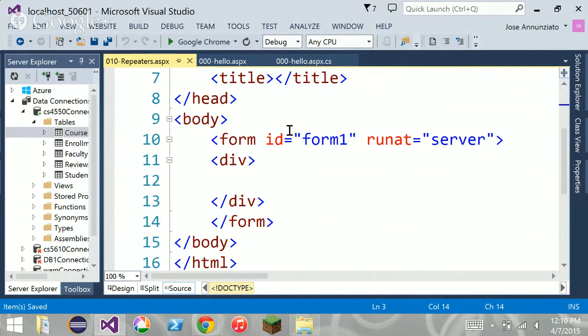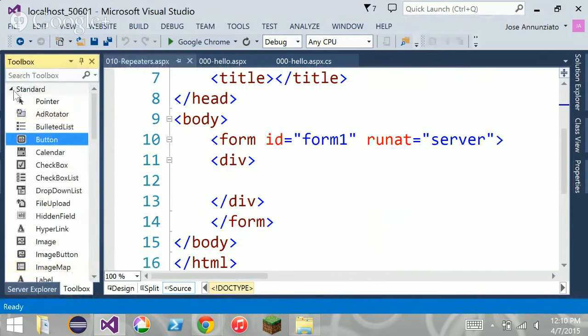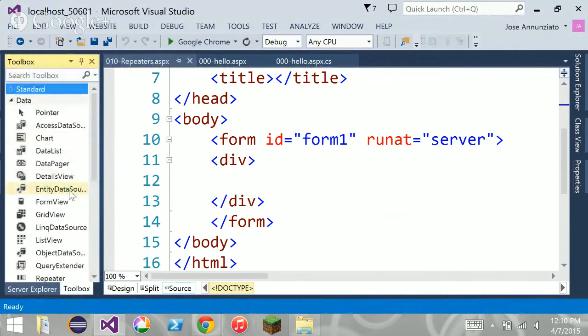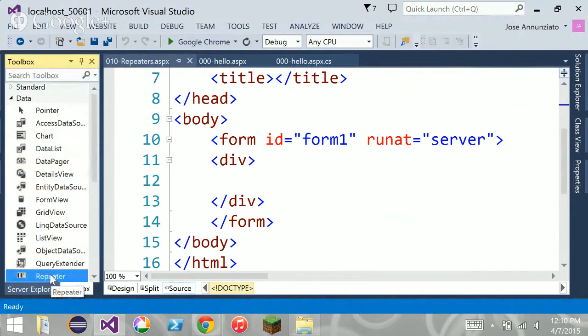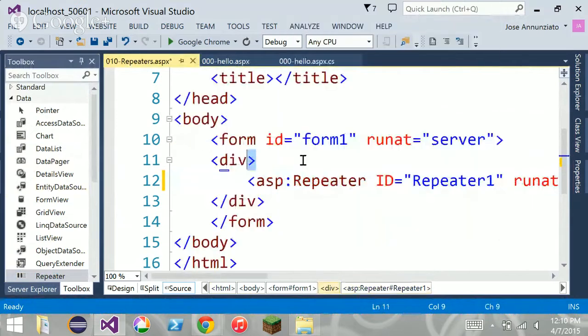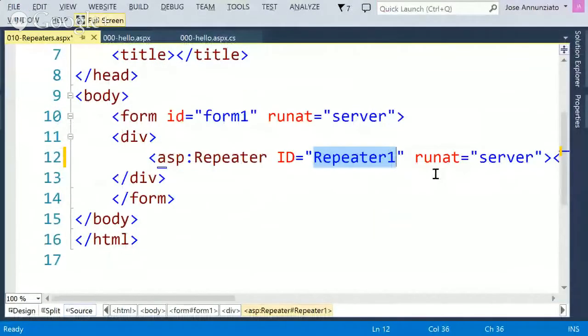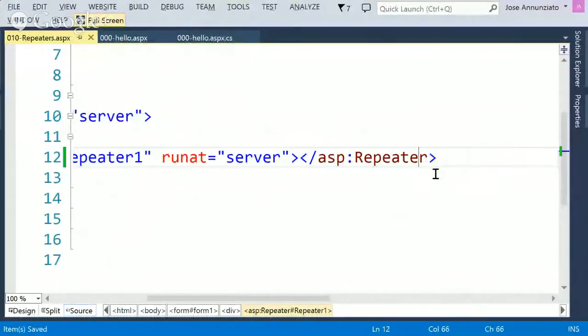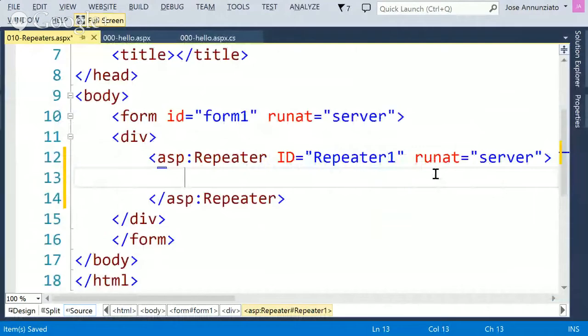Okay, so let's play around with a repeater. Let's drag in a repeater. There it is, repeater. I'm going to drag it in here. There it is. By default, it names it repeater 1. I run at server, and what's going to happen is that this repeater